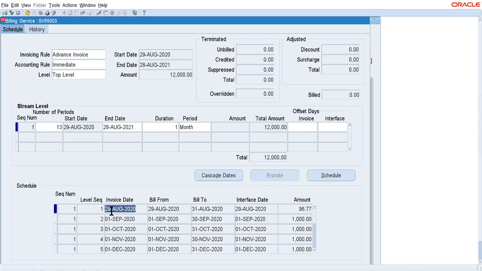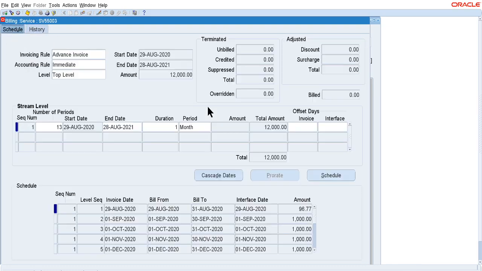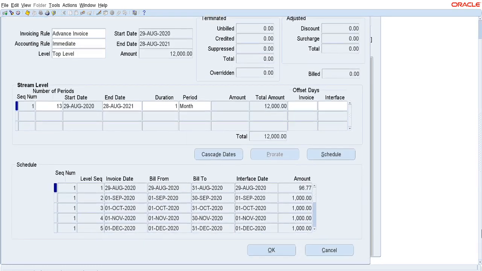And also there is an invoice date, which is nothing but the TRX date at the invoice level. If you want to change it, you can change it using this. So there are two offset days, and the invoice date and interface date you can manage via invoice and interface date, right? If you go to the history, you are not able to find any record here. We run the main billing program and then we'll check the records, right?